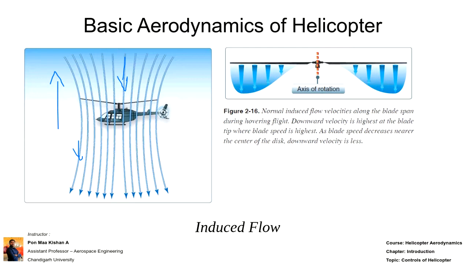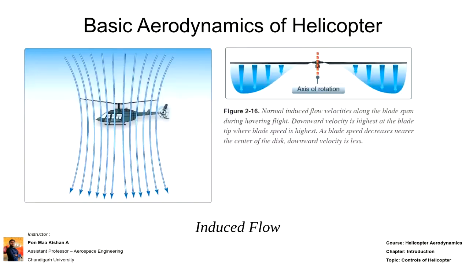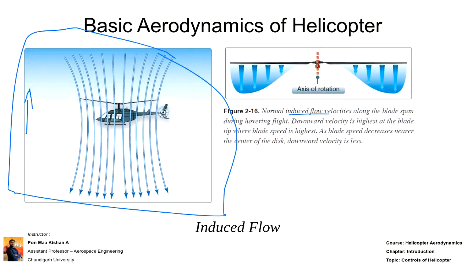Okay. So that's why the direction of flow is given from top to bottom, so that the helicopter will move upward. As I told in the previous image, at the rotational speed, the tip has a higher airspeed, given in knots. So when we see from the side view and study the induced flow, it is if the helicopter is moving upward, right? So this entire thing is given with respect to the induced flow. Okay, because we are pressurizing the rotor and lifting up, so the flow is getting induced. The word induced means it is getting applied on the rotors. So that's why they call it induced flow.